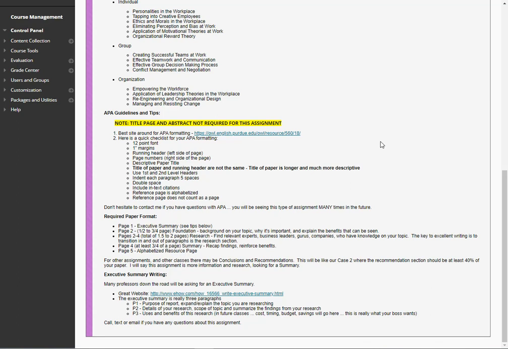Then the last part of it is going to be about one page of a summary, recapping your findings, reinforcing your benefits, and then the last few pages are going to be your resources.